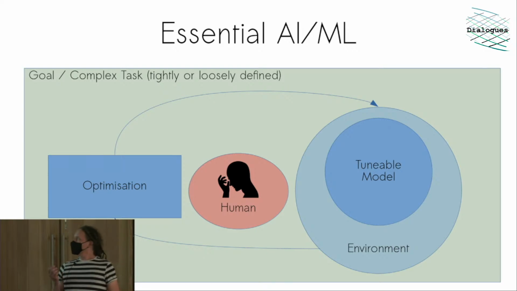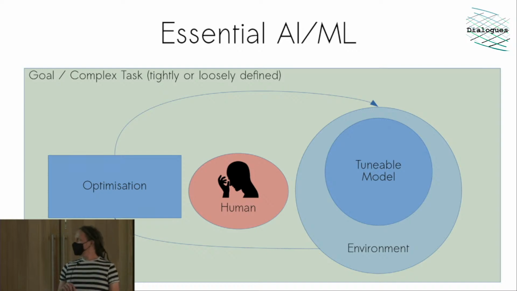So we use machine learning because we don't want to program something directly, because we've got quite a complicated task, and we want to engage it by optimizing something to do this for us without necessarily needing to know how it works. So we've got some sort of tunable model in the middle, and this could be some sort of computational model. It might be statistical. It might be a biologically based model. It could be a lot of things. It could be rat neurons. There's a lot of forms this could take. It could be optics. There's some interesting optical models happening at the moment.